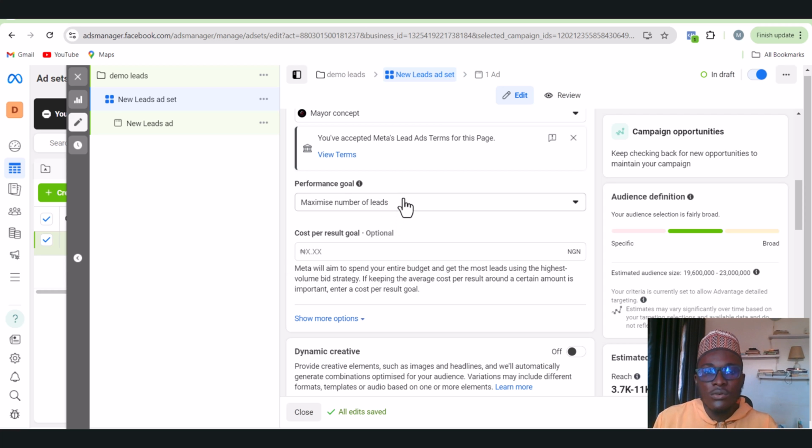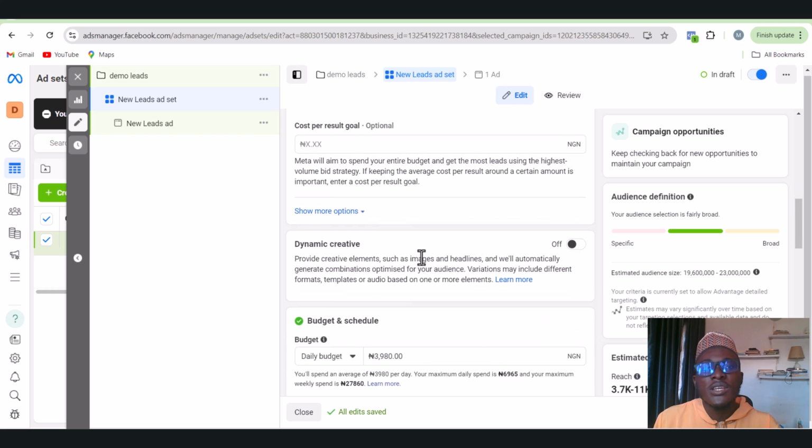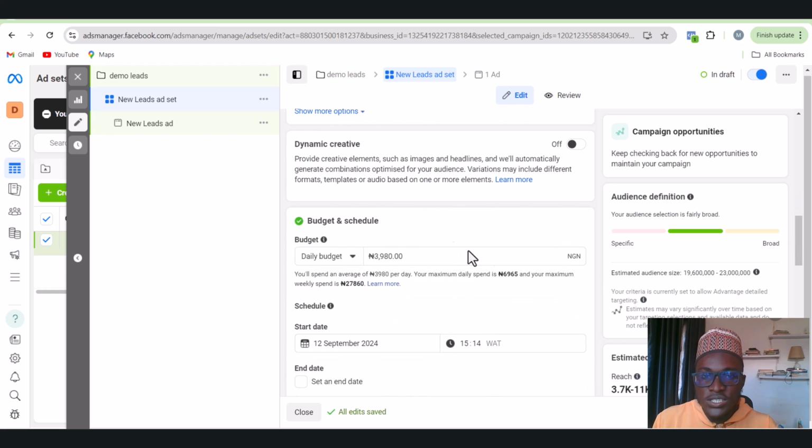Okay, now the next thing we are going to simply do is to set our daily budget. You put in your budget here. You want to start slowly, okay, either from 5,000 naira then up to any amount that you want. After you've seen the conversion, then you can keep on increasing gradually. Note, once you increase your ad budget, I will advise you to use that particular ad budget for 5 days before attempting to increase it again, so that you won't disrupt the Facebook algorithm. Okay, now